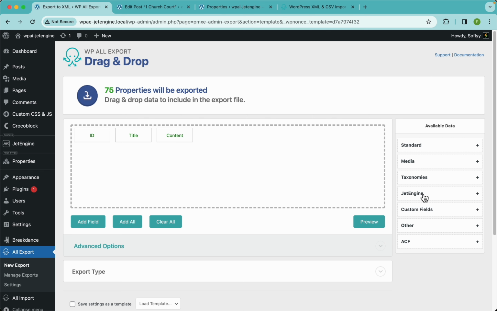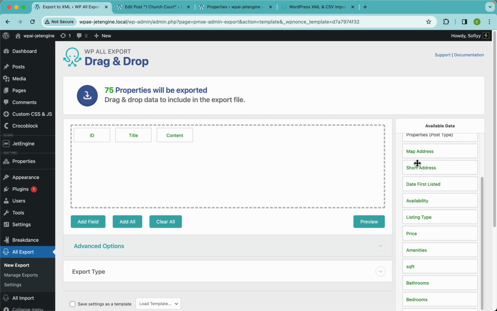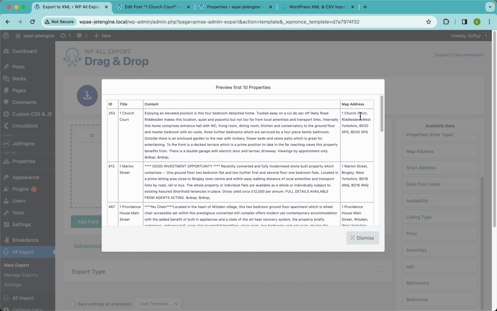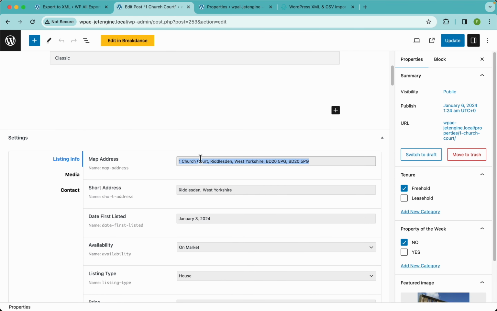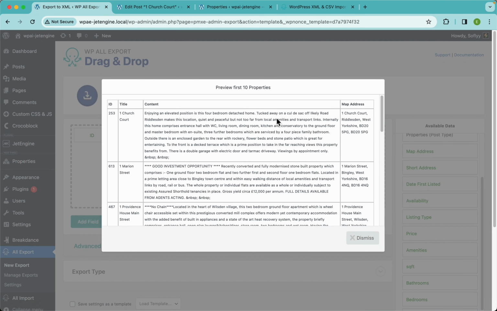Now I'm gonna open this up and drag and drop one of these elements like so. Then we have our map address, right? If I hit preview, you will see we have one shortcode, Riddlesden, West Yorkshire and whatnot. This is the exact same address we have here. So that's good. WPL import will take the data directly from the database and show it to you here in